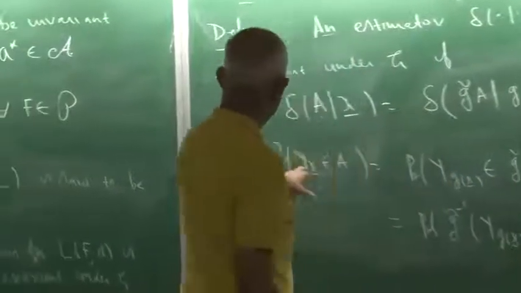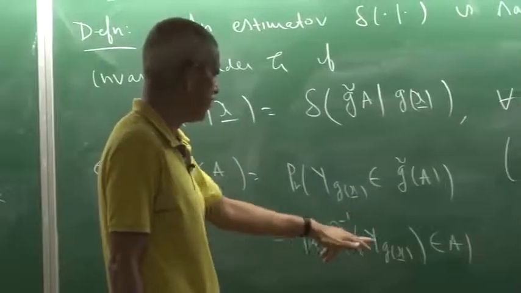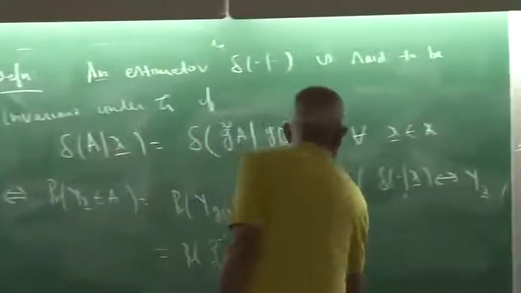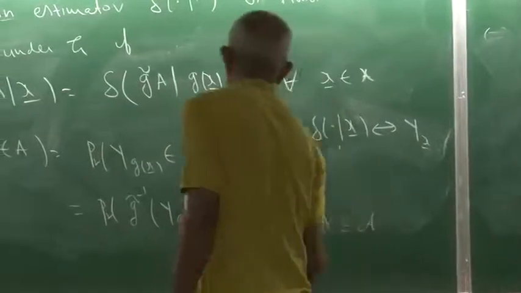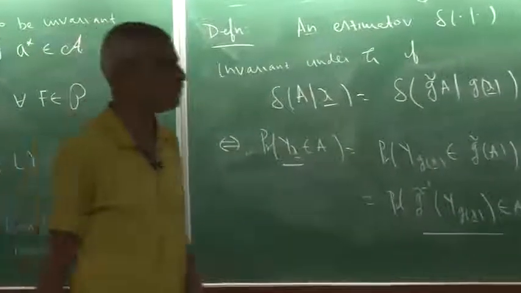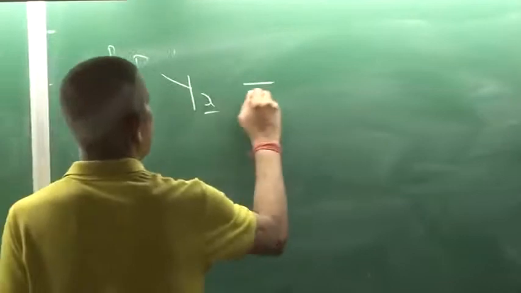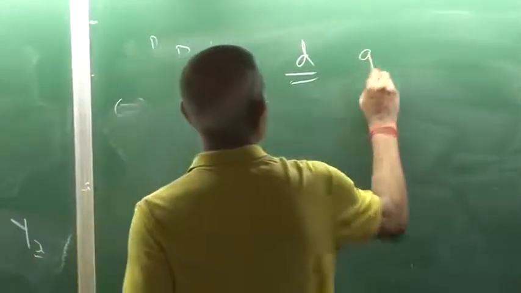So what does this say? The probability of Y(x) taking a value in A is the same as the probability of g tilde inverse Y(gx) taking a value in the set A. And this should happen for every A. So what does that mean? That means this random variable and this random variable have the same distribution. So that means Y(x) has the same distribution as g tilde inverse